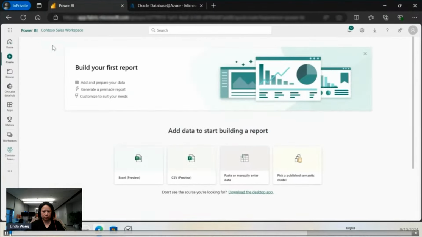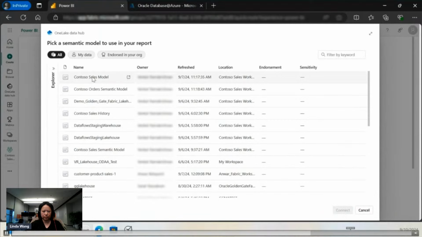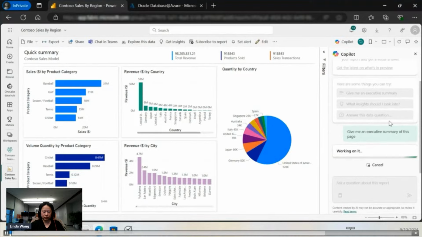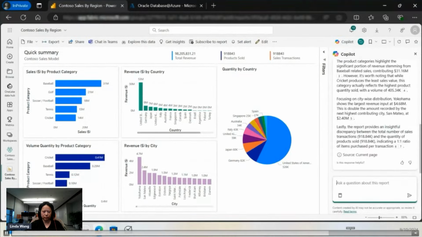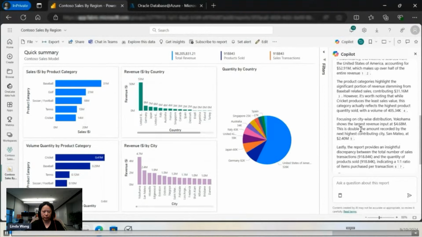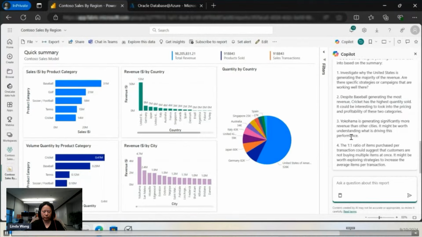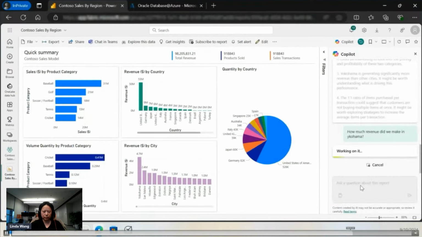With this capability of Oracle data in sync with the Fabric mirror database, we will leverage Power BI to visualize this data and gain insights. We will choose the semantic model and auto-create an executive dashboard quickly. Copilot is our buddy here to gain insights. Following suggestions from our buddy, we start by requesting an executive summary, followed by additional insights. We can double-click on a specific item too. For example, here we would like to know more about how much revenue has been made by Contoso in Yokohama. We can see that Copilot is now helping us derive valuable insights from the Oracle data replicated in near real time to the mirror database.